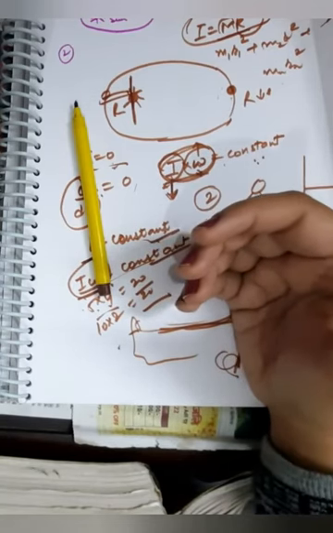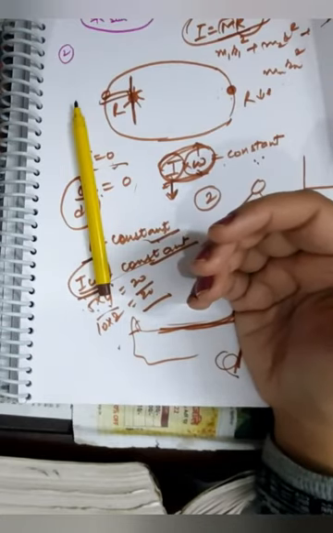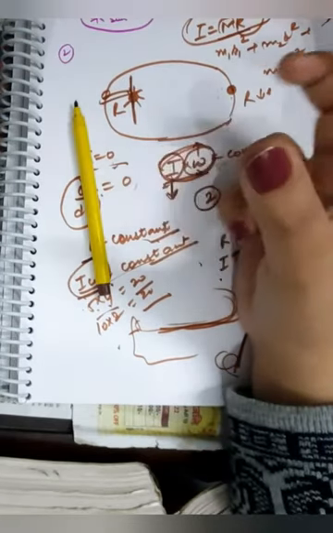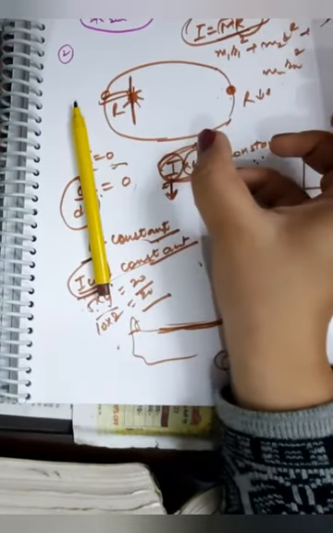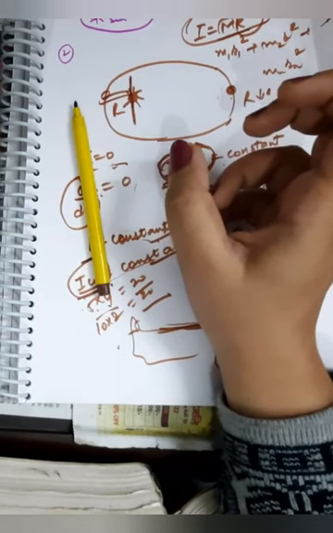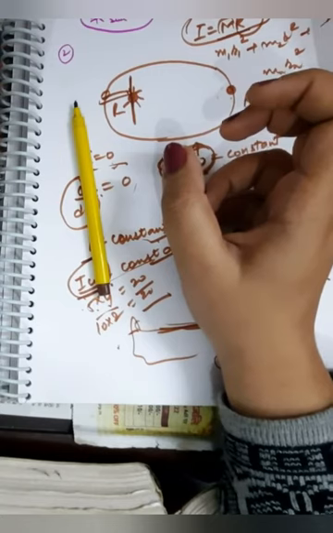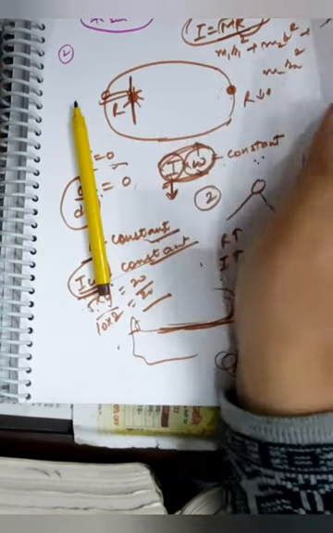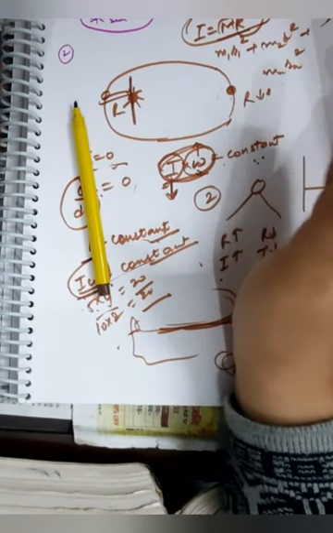Just try to find your explanation: what is happening and why it is happening. Basically, I'll tell you the central explanation: things are moving to conserve the principle of conservation of angular momentum. Angular momentum remains conserved till the time no torque is acting on the system. Right? Thank you.